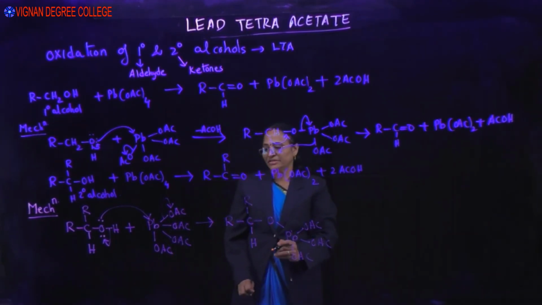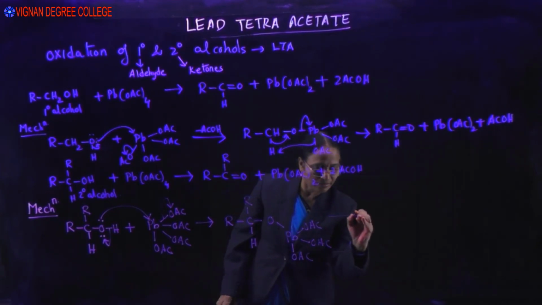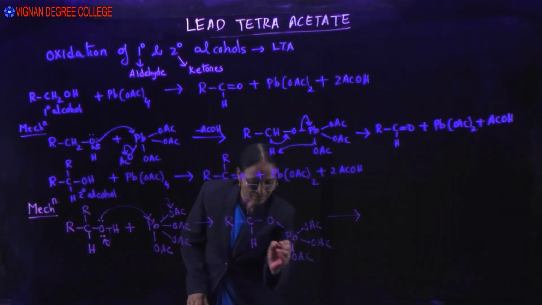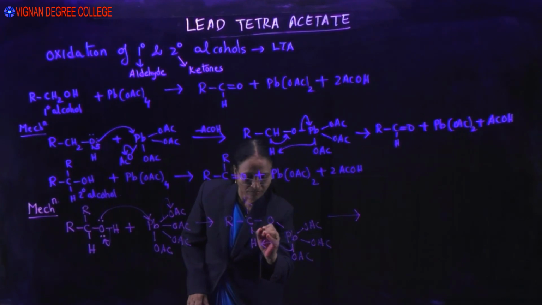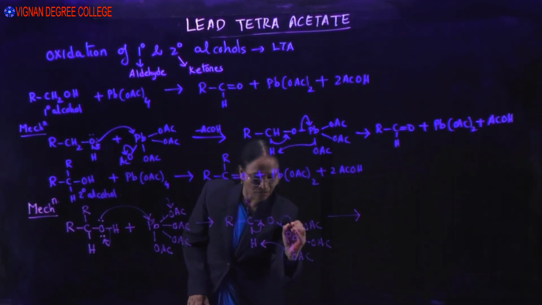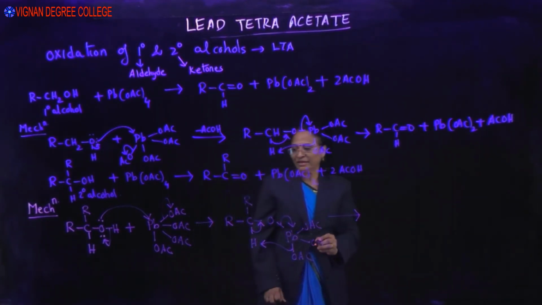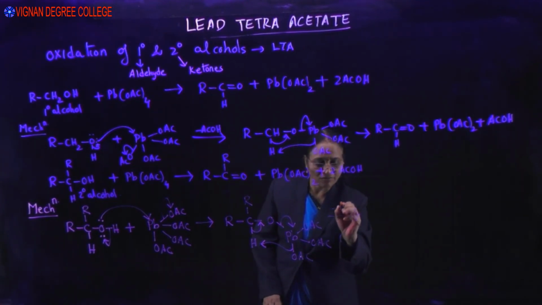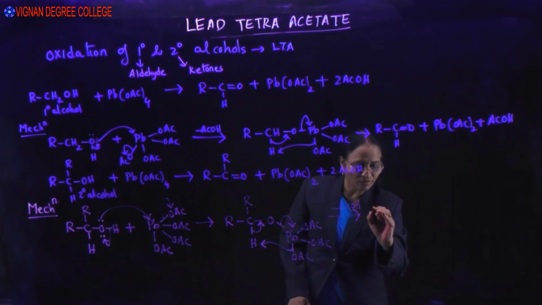This intermediate readily abstracts the proton and elimination of lead diacetate will take place with the removal of acetic acid. So acetic acid is removed and you will get a ketone